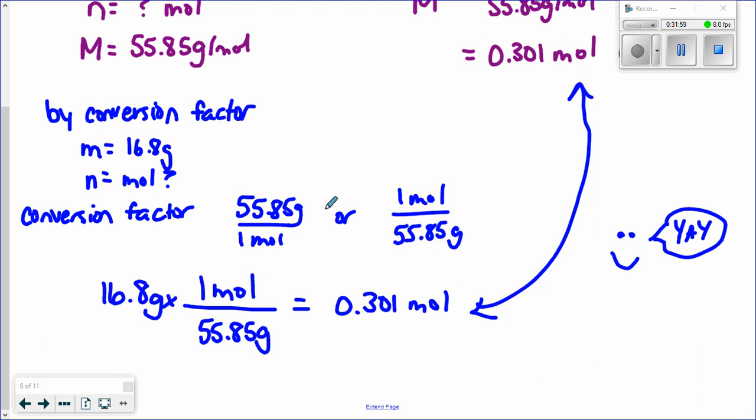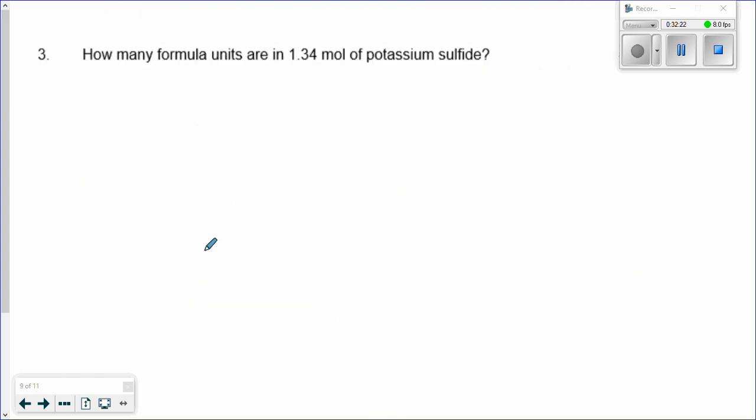So again, you don't need to do both methods. Whichever one works, just make sure you're showing me your process, so if you're not getting the right answer, I can tell what you have done wrong. If you're doing it by formula, write out your formula and show me your substitution so I can figure those types of things out. So question 3 here for the practice problems: